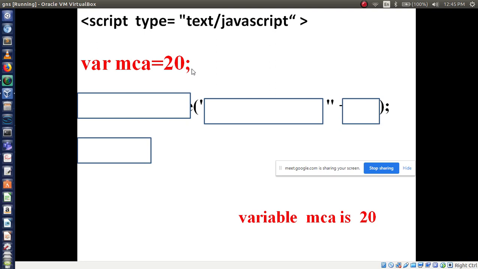Then I want to print "variable MCA is". To print any message in JavaScript, which function will you use? That is in Java; now I am telling in JavaScript.